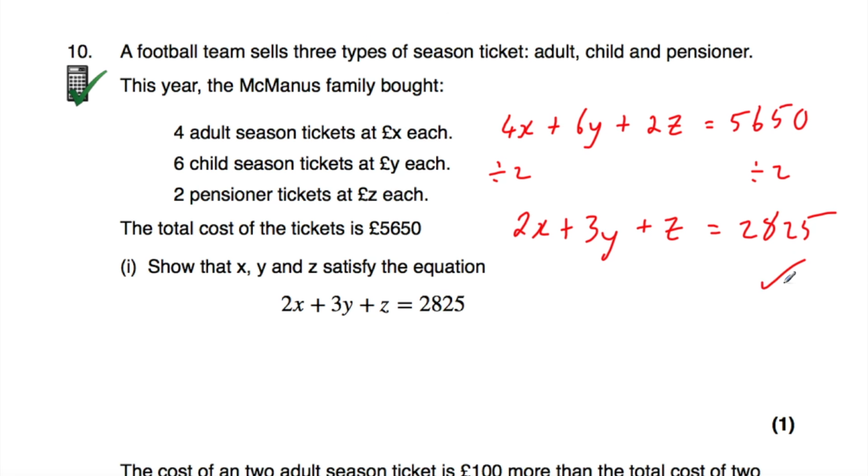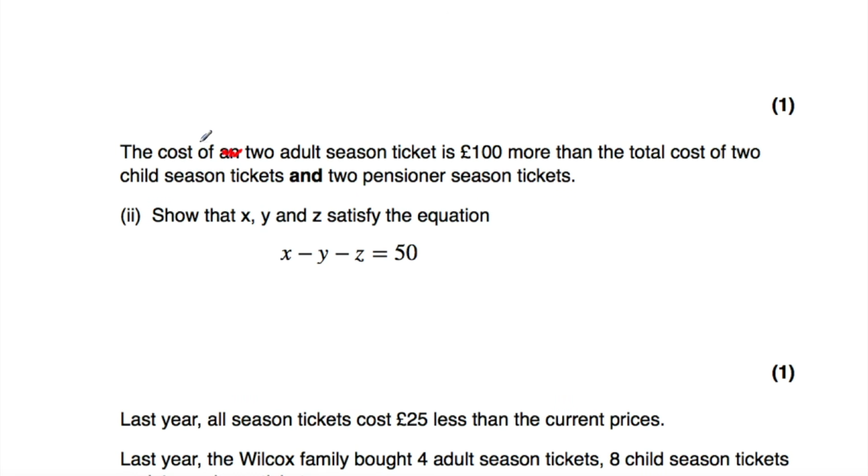And that's what we're asked to show. Okay, and then if we carry on, we're then told the cost of 2 adult season tickets is £100 more than the total cost of 2 child season tickets and 2 pensioner season tickets. Okay, so what that means is that if we take the cost of an adult season ticket, which is X,